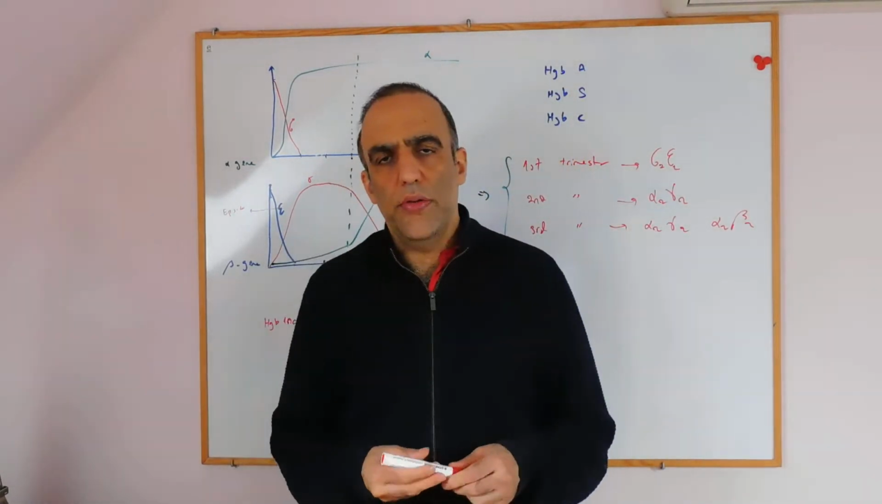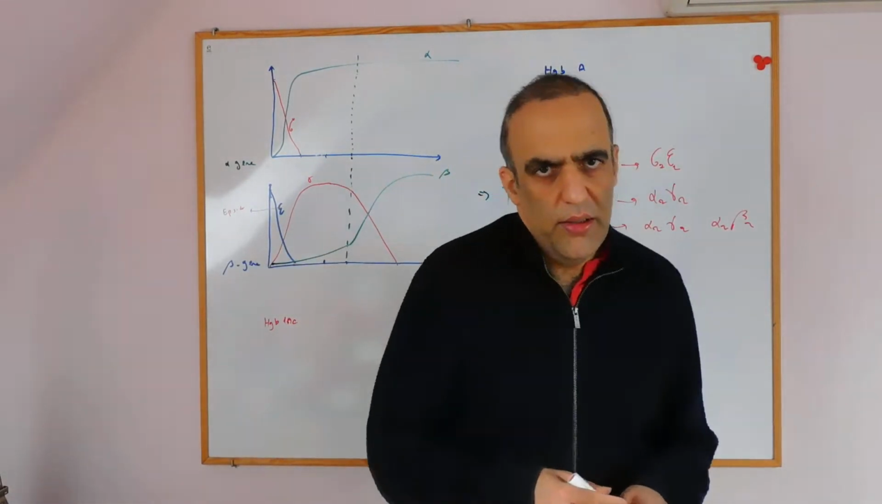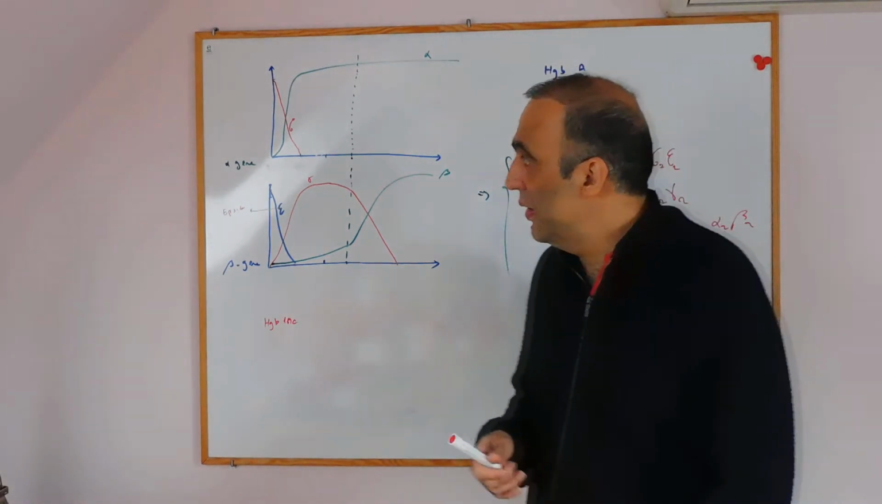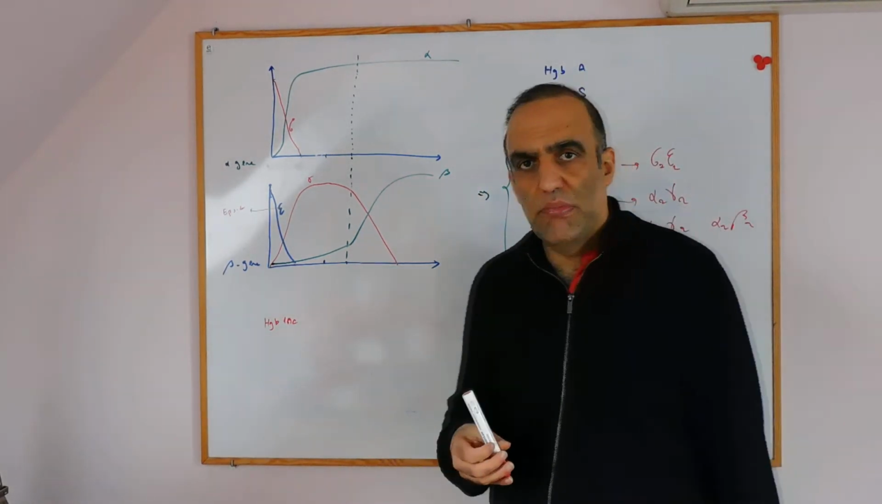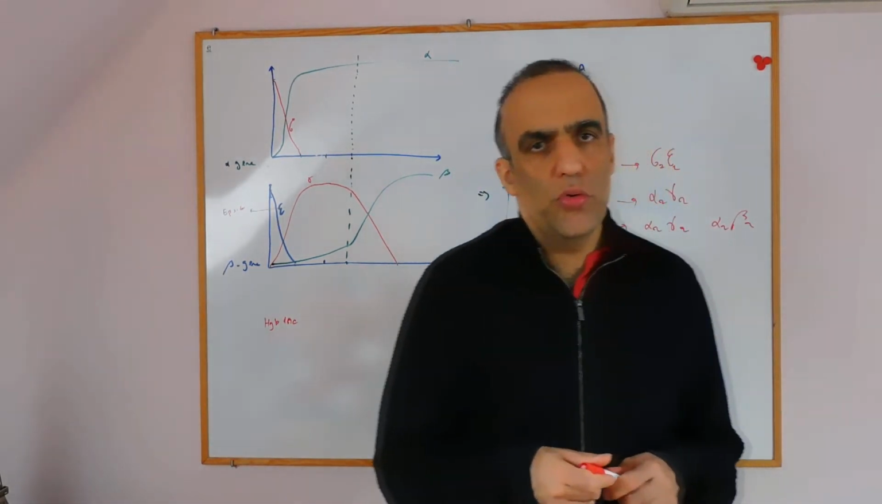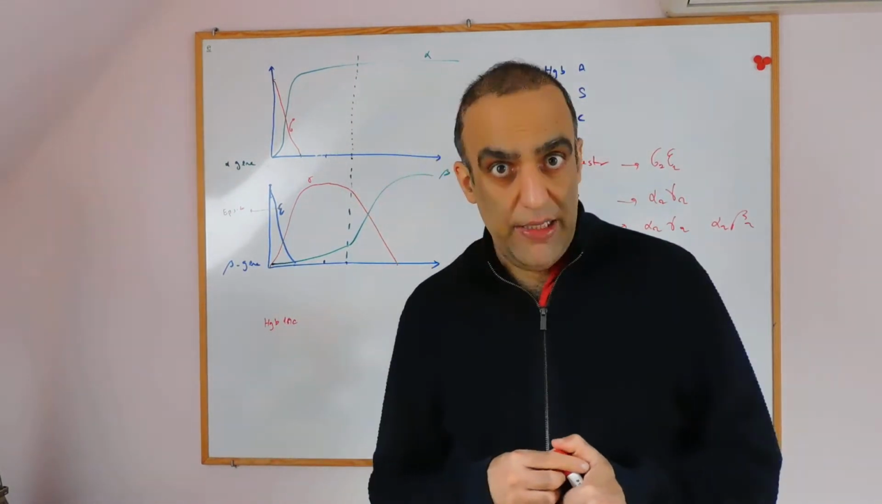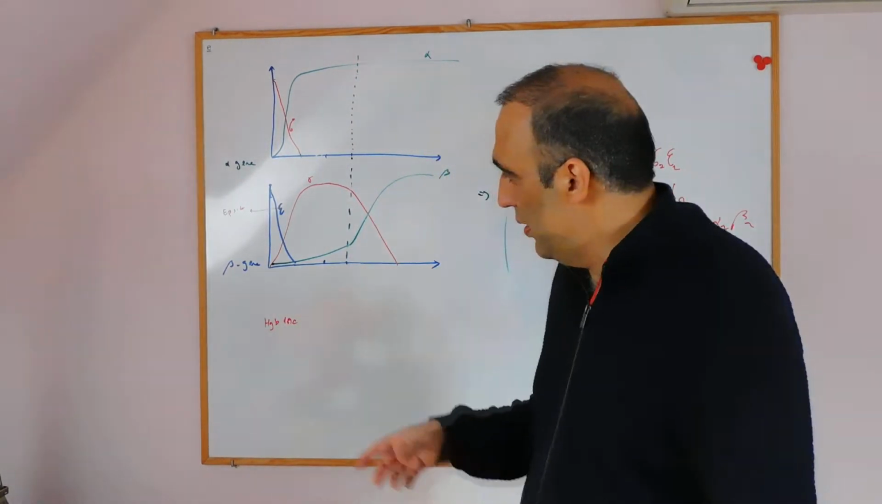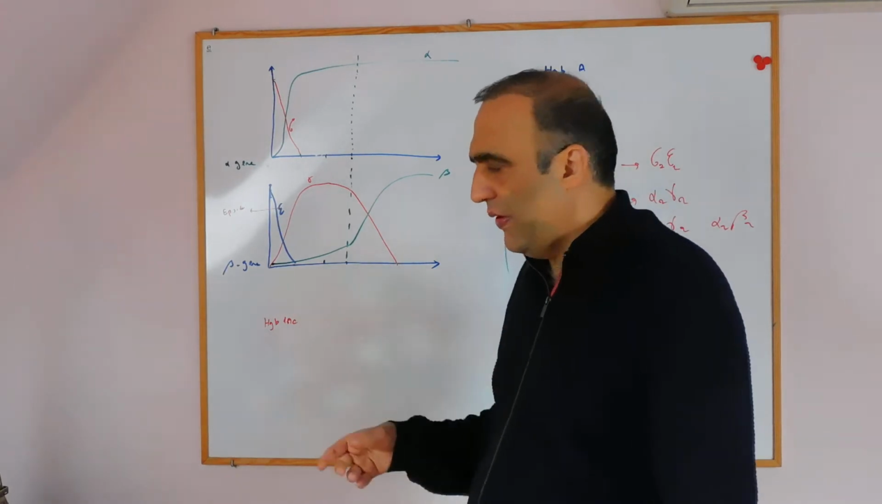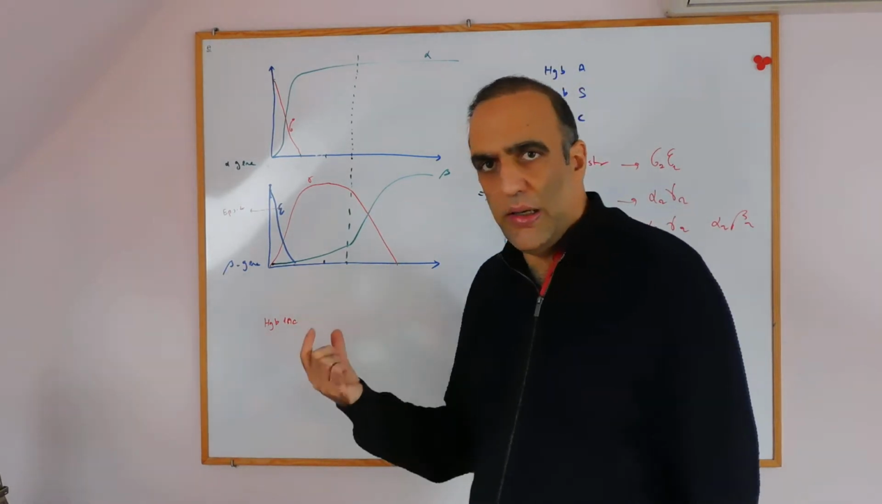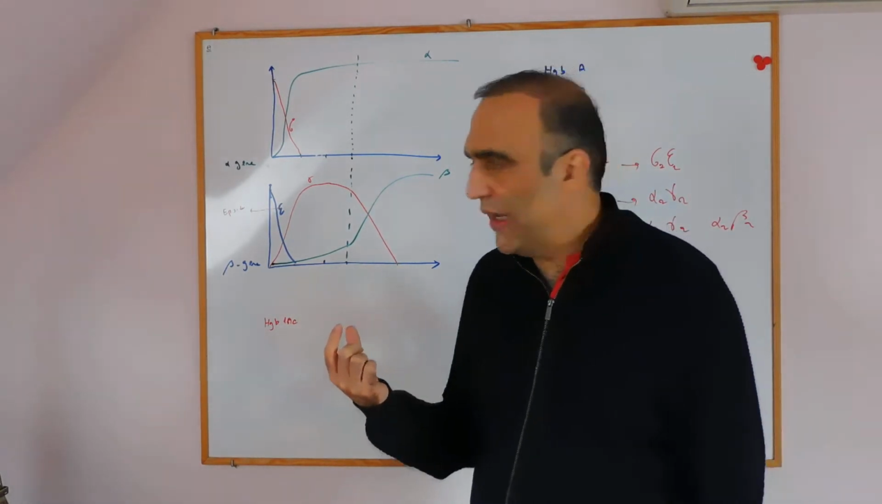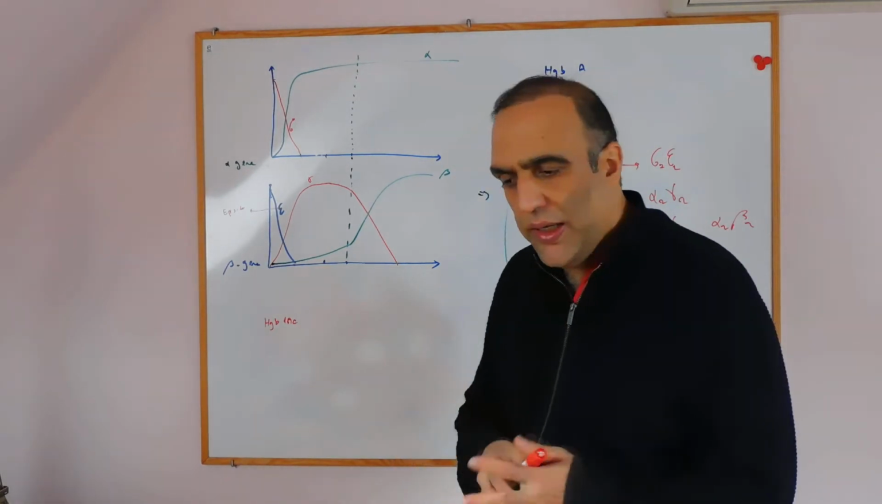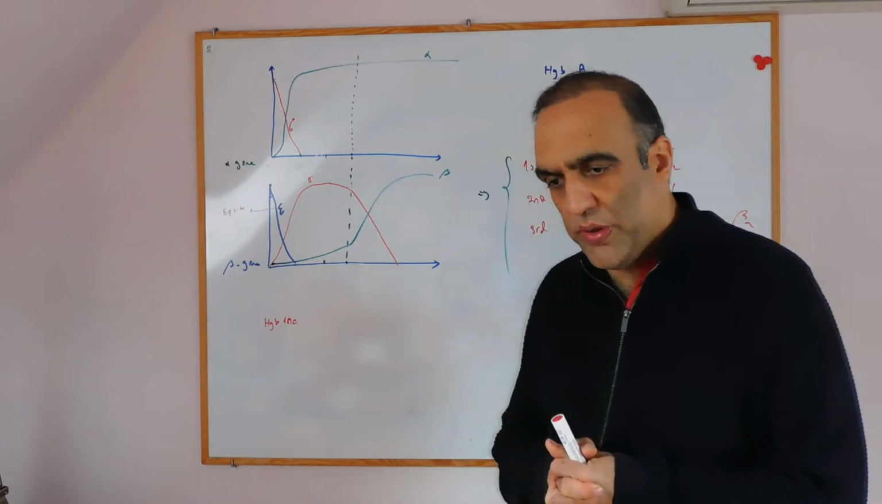Hi, I continue the lecture about hemoglobin. As you know, the hemoglobin has two genes, alpha and beta. In fetal life, the hemoglobin is called hemoglobin F or fetal hemoglobin. I explained how the structure of hemoglobin changes in this